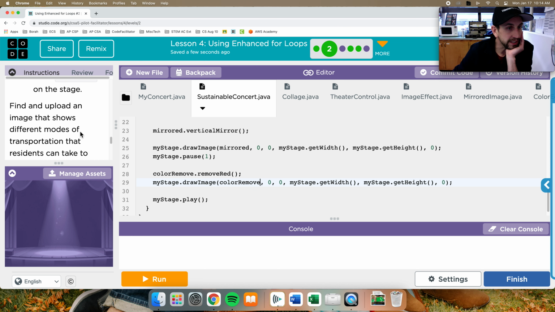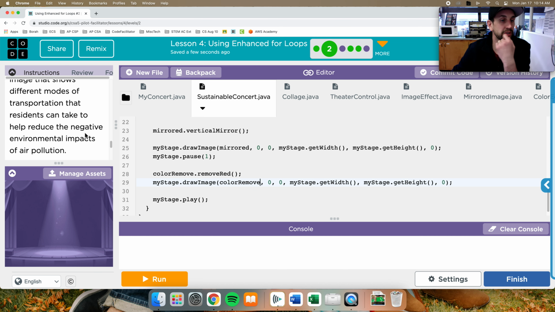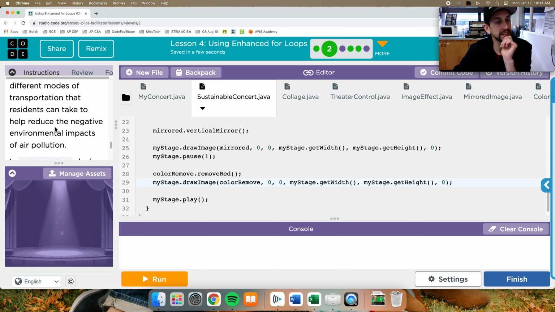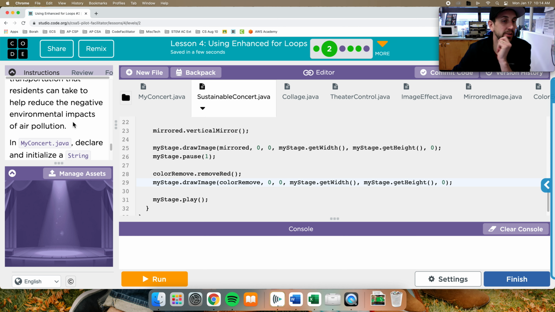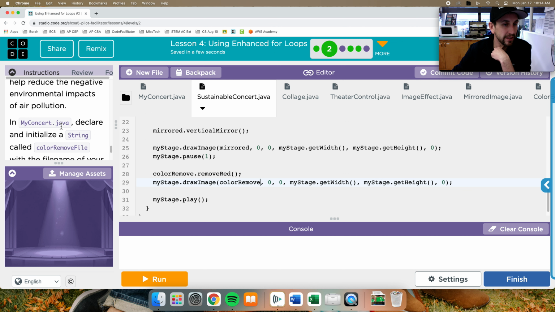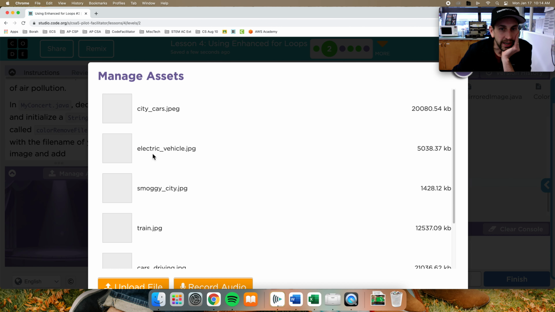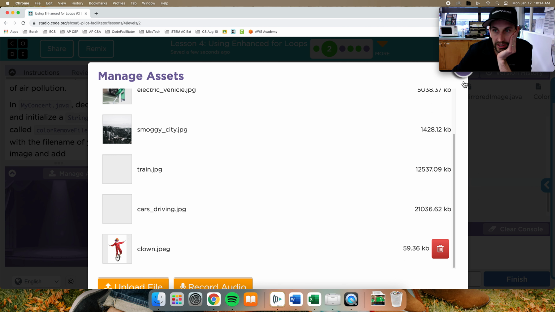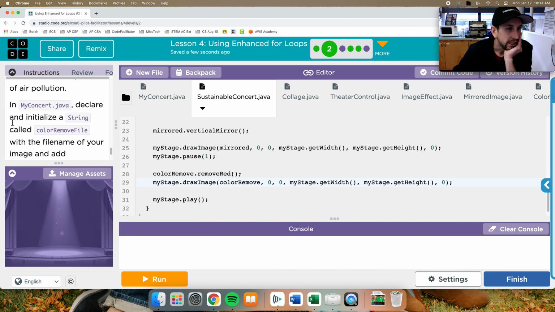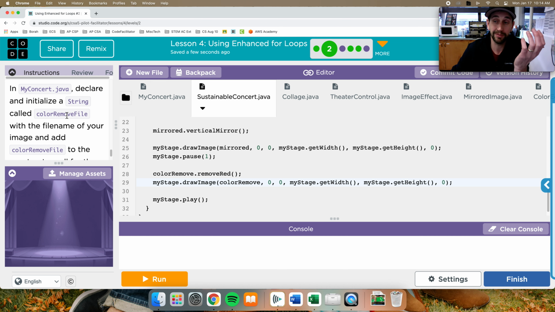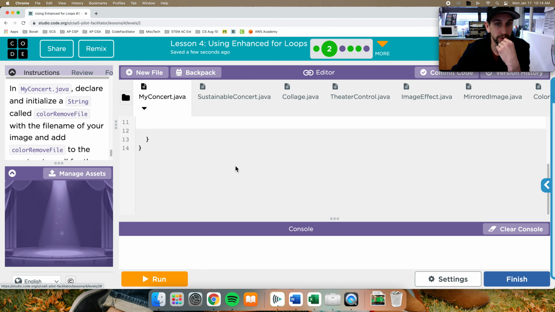And then it says find and upload an image that shows different modes of transportation that residents can take to help reduce the negative environmental impacts of air pollution. Okay, I think I did that with the last one. I have this image of a clown riding a unicycle, and in my concert, so I'm just going to use the one that I did from the previous lesson. So I'm going to go to my concert,